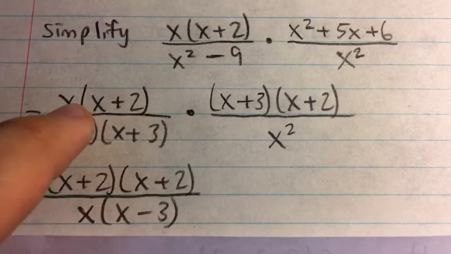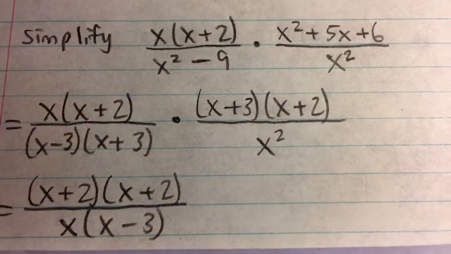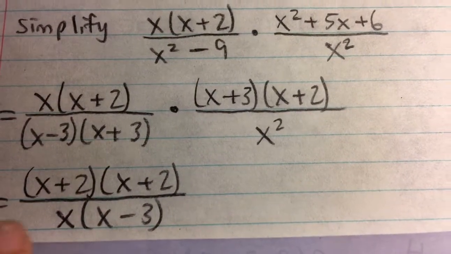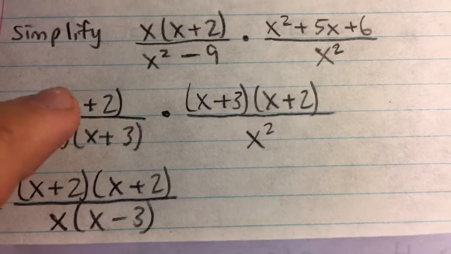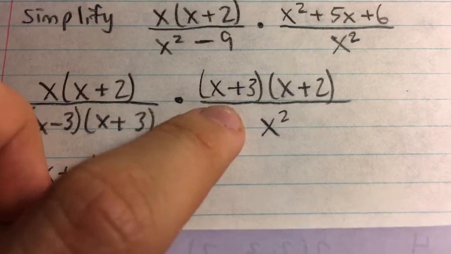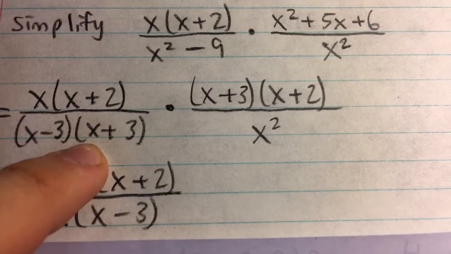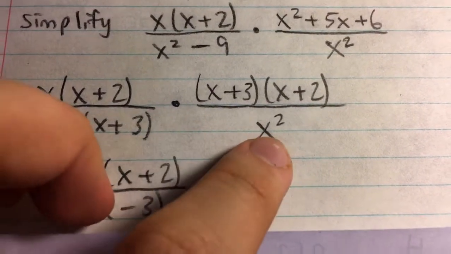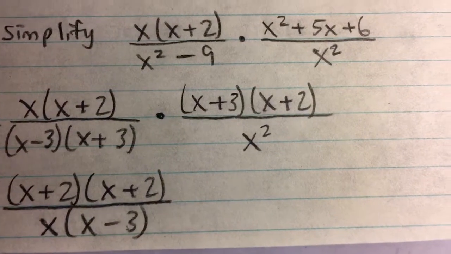And because it's multiplication, everything in the numerator is multiplied by each other, and everything in the denominator is multiplied by each other. And so we can cancel out things even if one's in this fraction and one's in that fraction. So you can see here we have x plus 3 in the numerator, x plus 3 in the denominator. We can cancel those out. And we also have x, and we have x squared, and so we can cancel out a common factor of